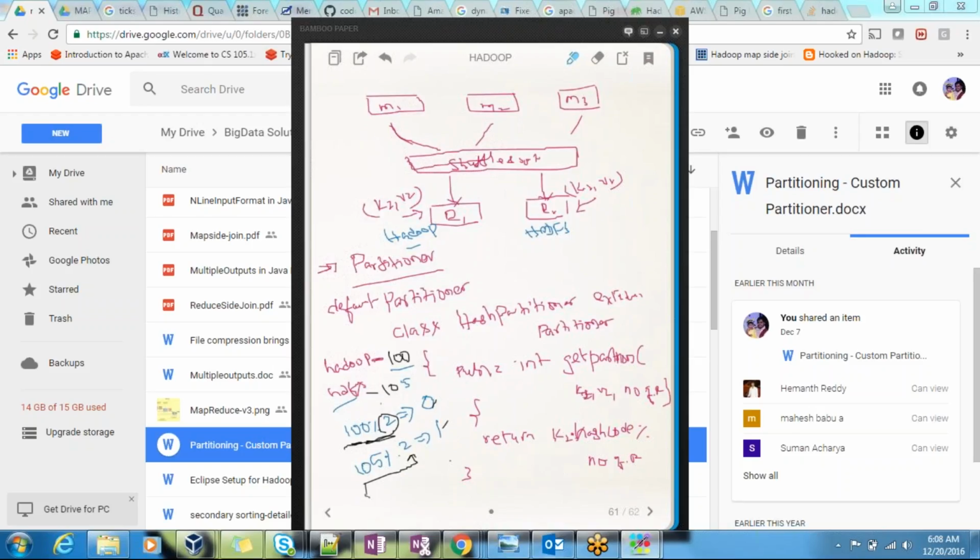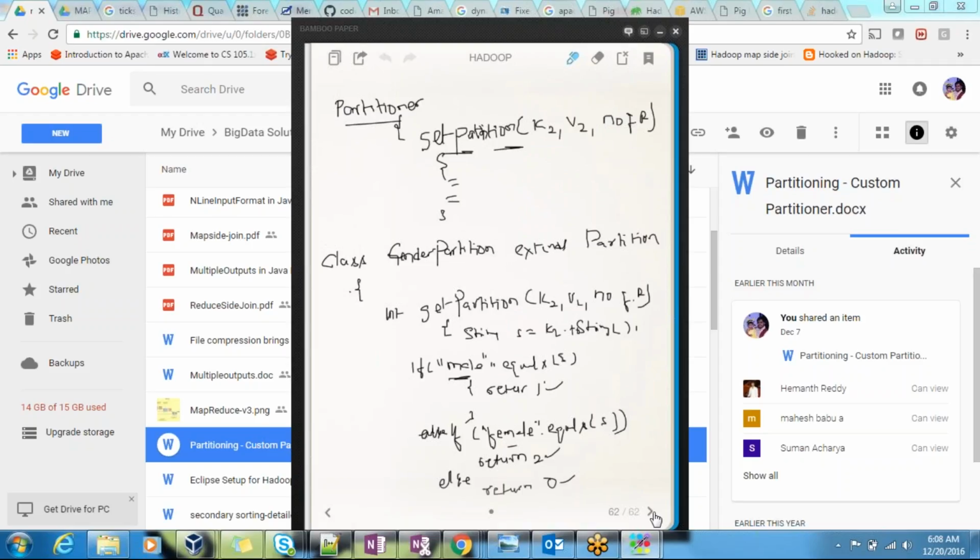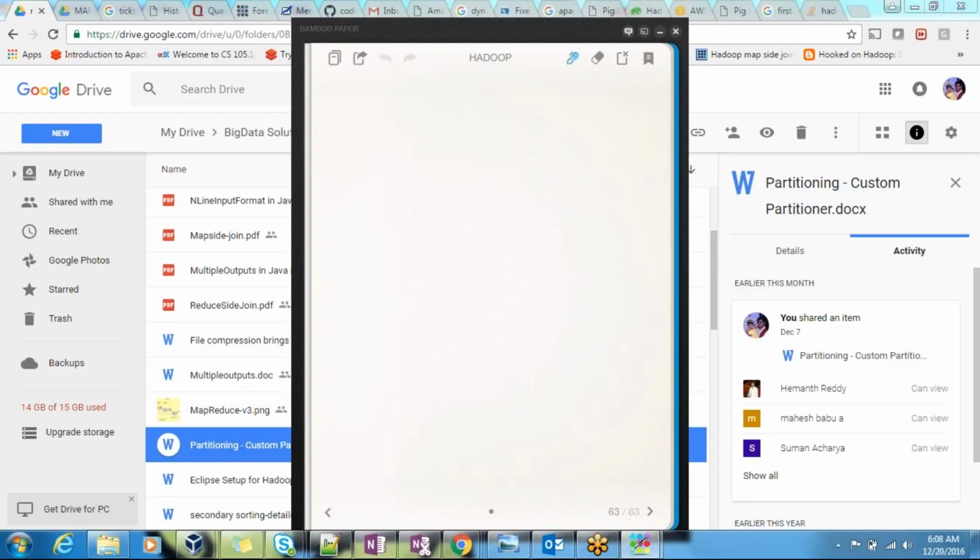Okay, the next concept is something called a combiner. What is a combiner? It's also very important for interview purposes.